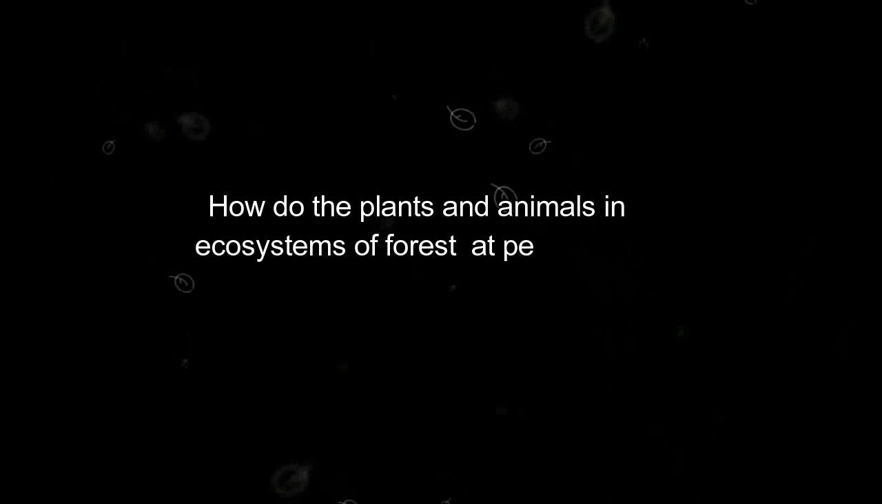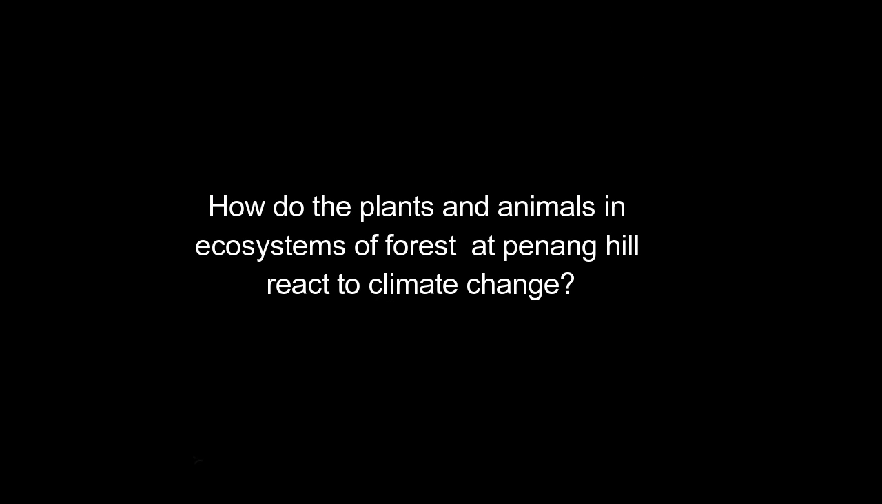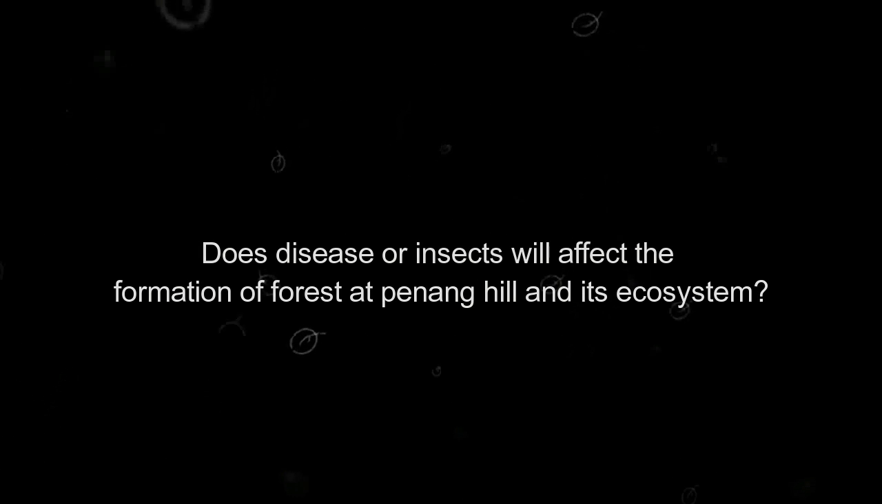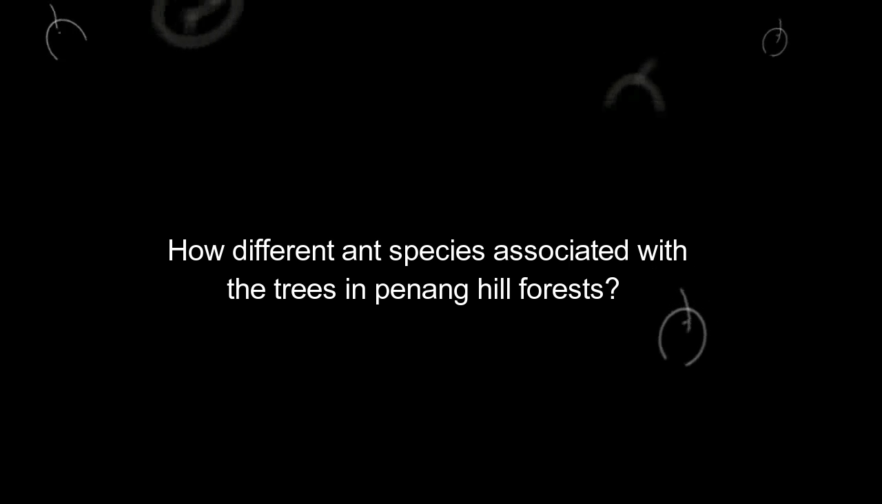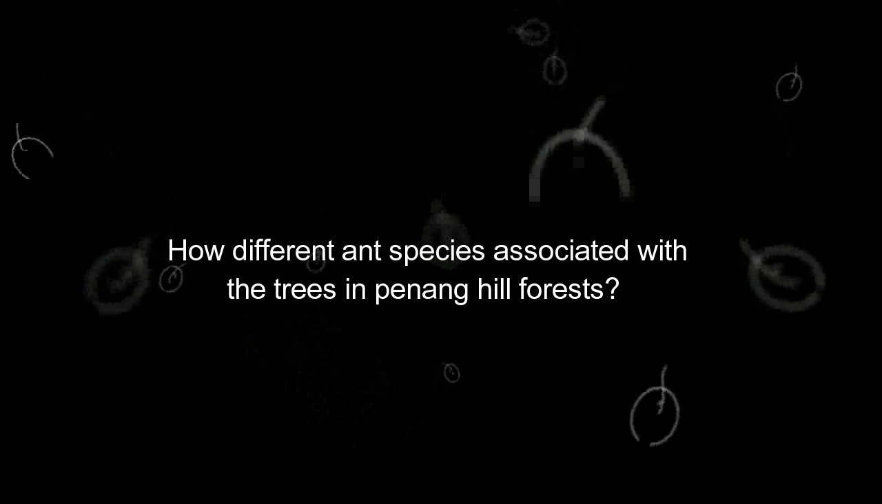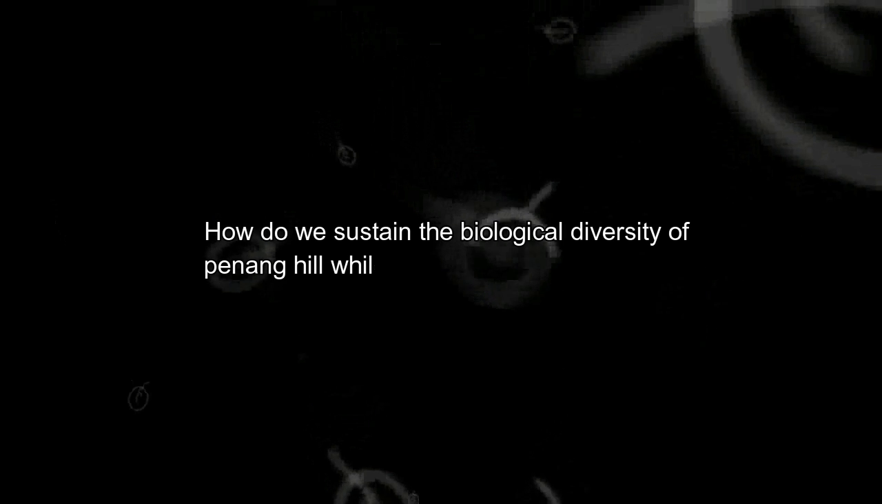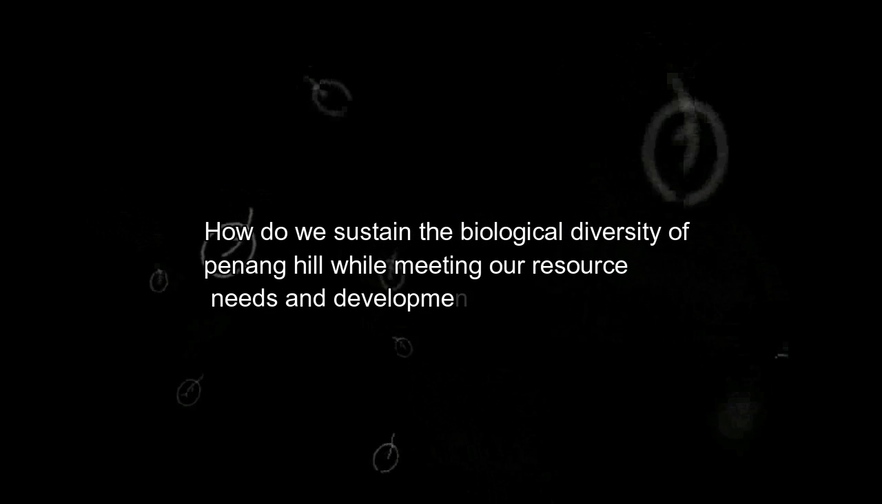Second, how do the plants and animals in the forest ecosystems at Penang Hill react to climate change? The third, will disease or insects affect the formation of forests at Penang Hill and its ecosystem? The next one is, how are different ant species associated with trees in Penang Hill's forest? And the last one is, how do we sustain the biological diversity of Penang Hill while meeting our resource needs